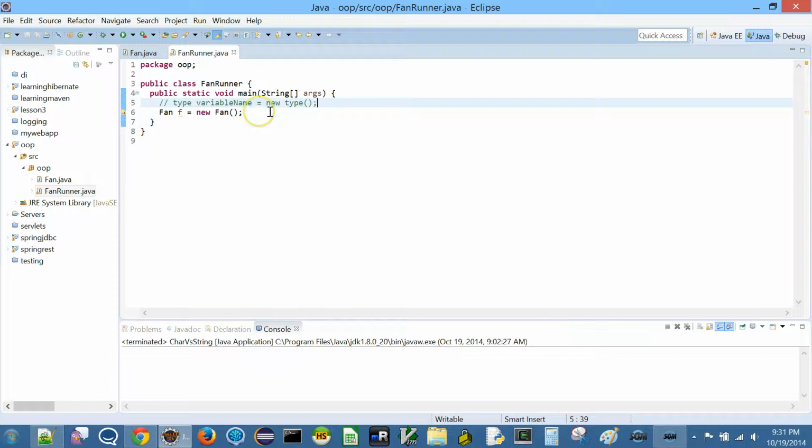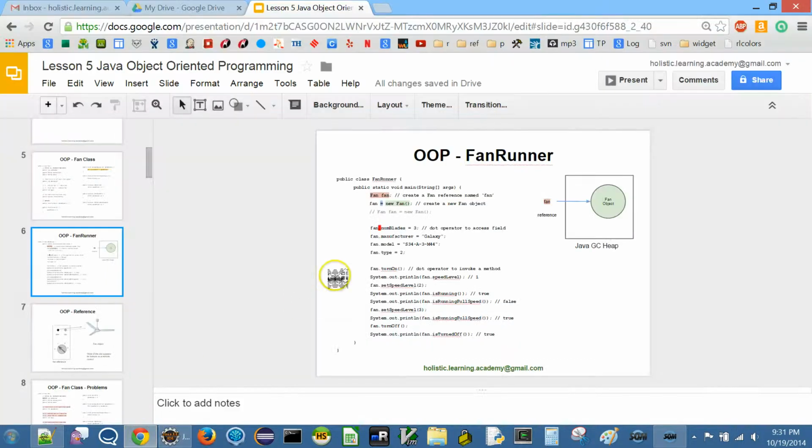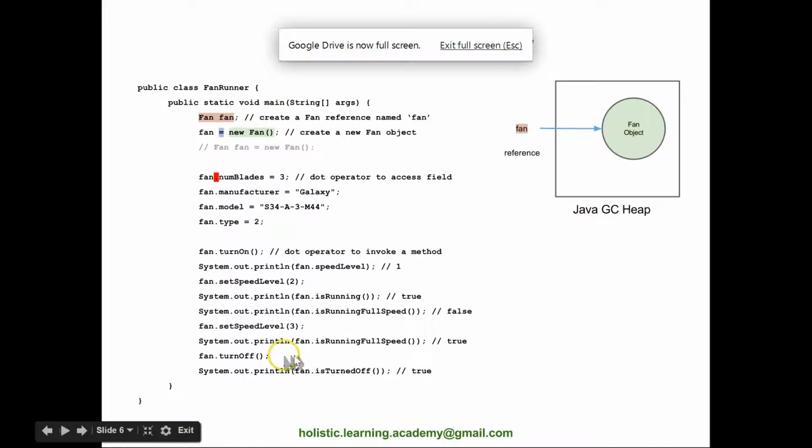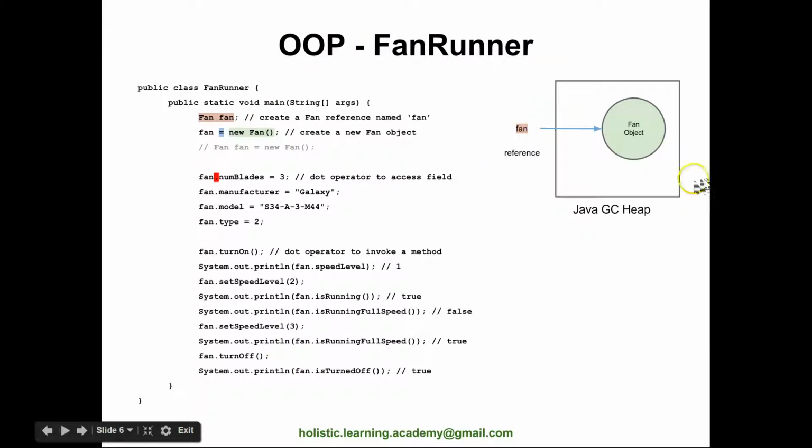Okay, so now we got what is known as a reference to our fan. What is happening here is when we say new Fan, Java actually creates an object, and whenever I say Fan f equal to on the left side, it takes this object and assigns what is known as its reference to f. So let me just illustrate this here for a second, let's look at this diagram.